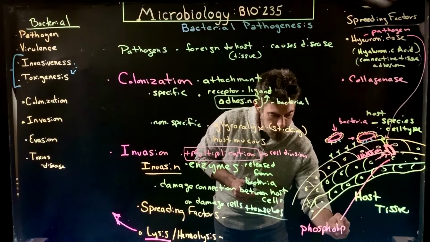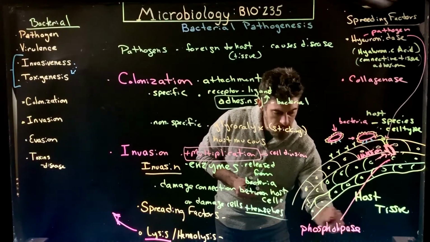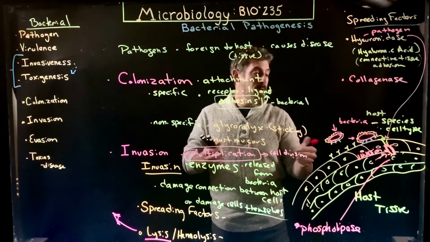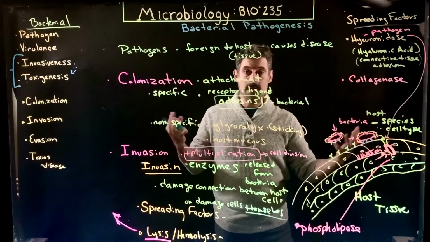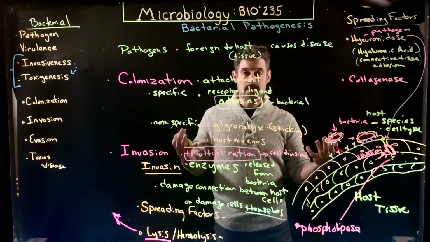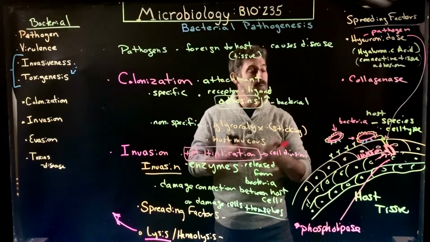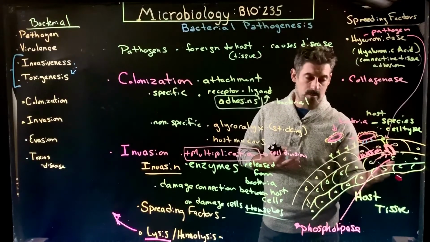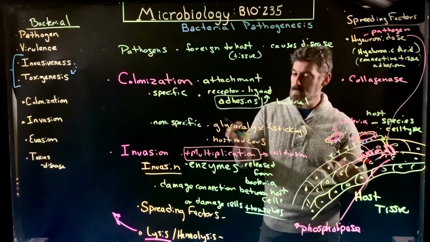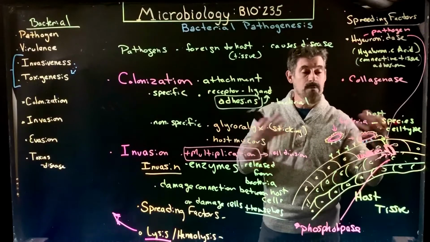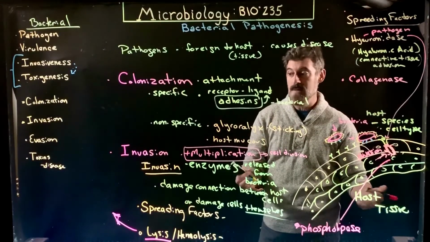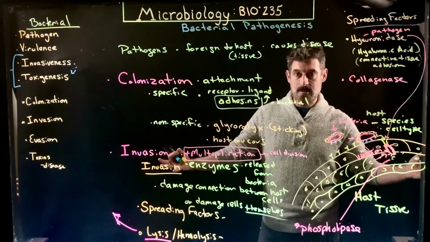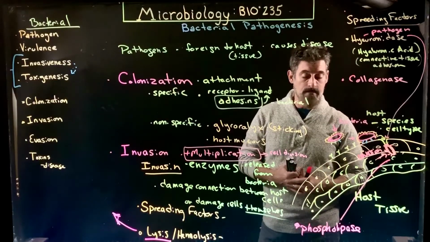phospholipases. A phospholipase enzyme will then cause the breakdown of a cell membrane, and then the cell will lyse or burst, and then the nutrients and all the chemical molecules within the cell will be released into this space, and the bacteria can then use that as a nutrient broth in order to grow. So it can multiply and then start to produce more cells, which can continue to do the same sort of thing and spread more and increase the infection. That's what's sort of going on.